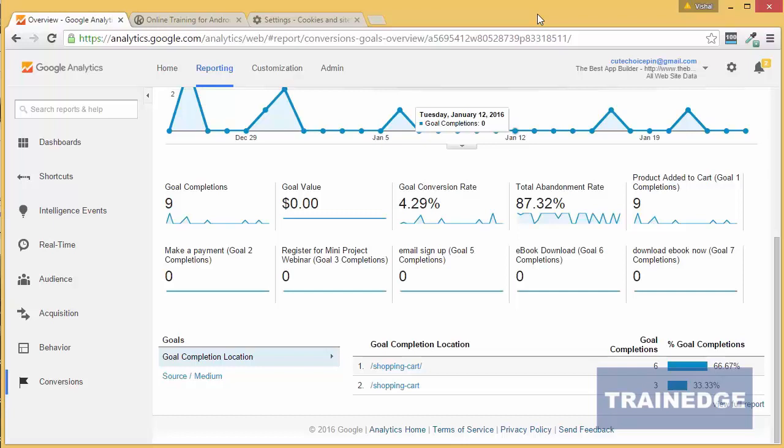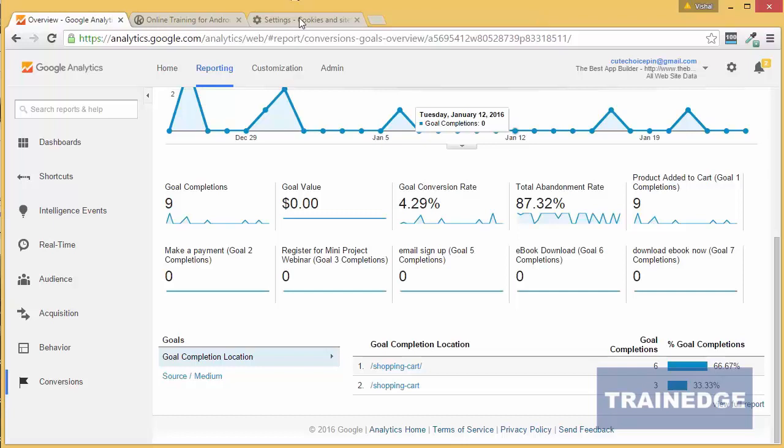When the person comes to your site again, the browser will send this cookie to your website. Google Analytics will then be able to figure out that this person is a repeat visitor.